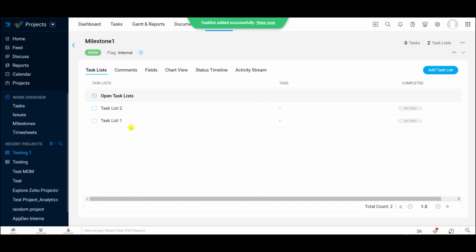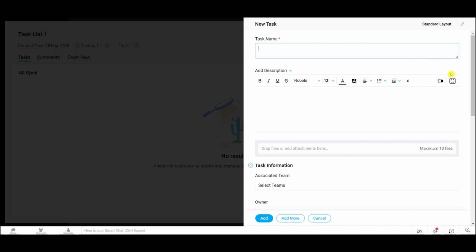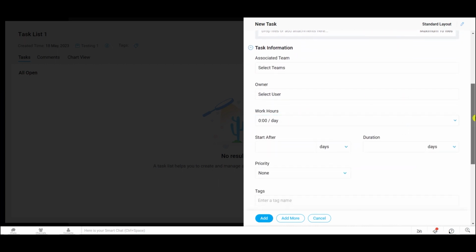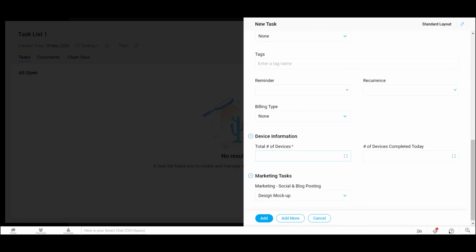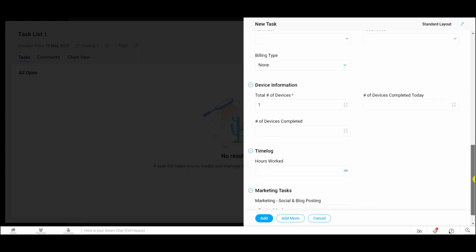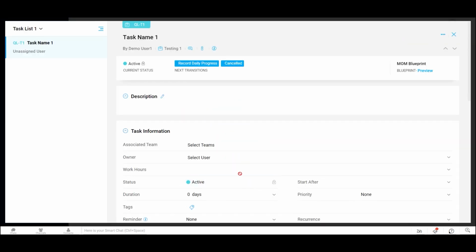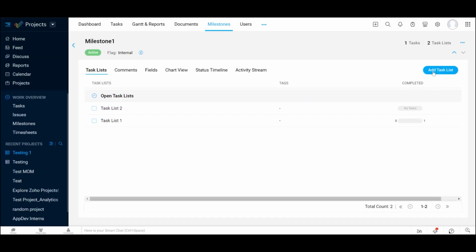Now below task list, you have tasks. So if I clicked on this, I could start adding specific tasks below my task list. And you can go in and fill in the description, how long it's going to take, the priority if you want to. And once you're done with that, you can add that into your task list. I'll create another task in my milestone 1,